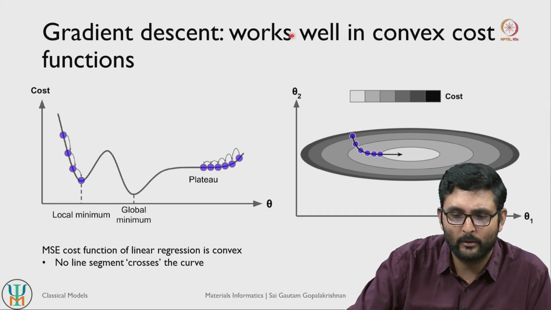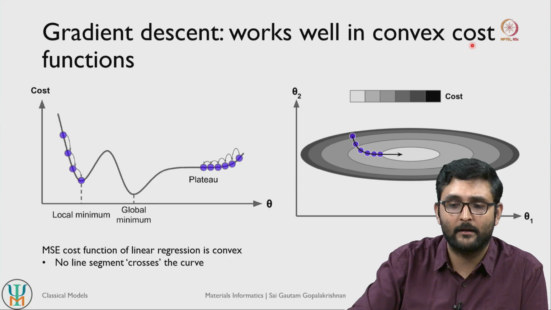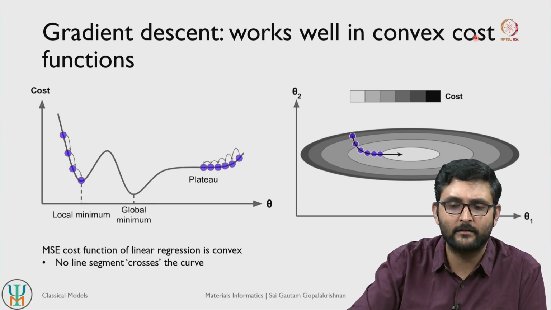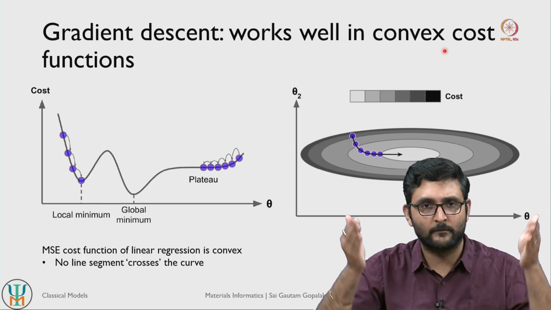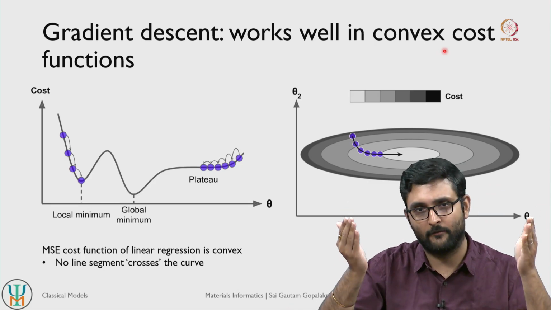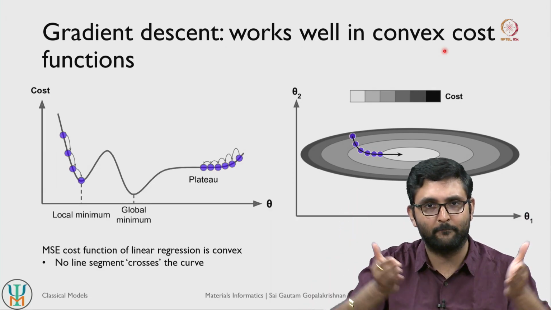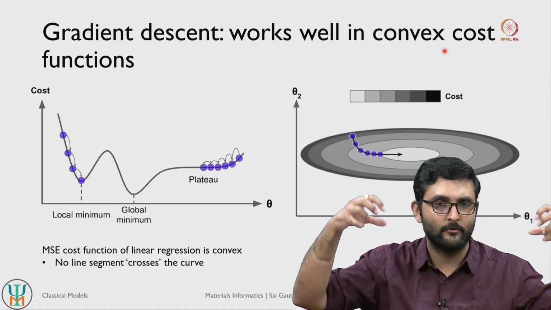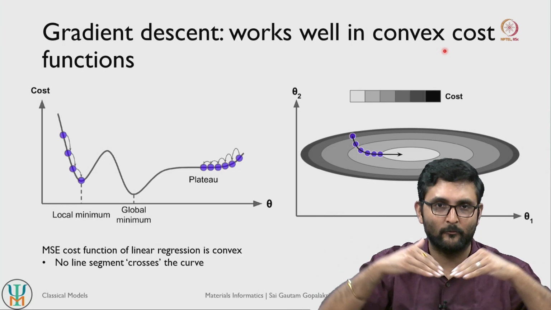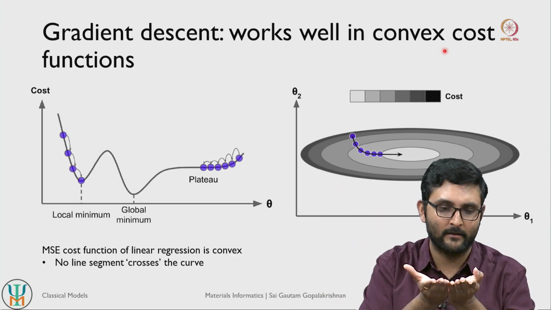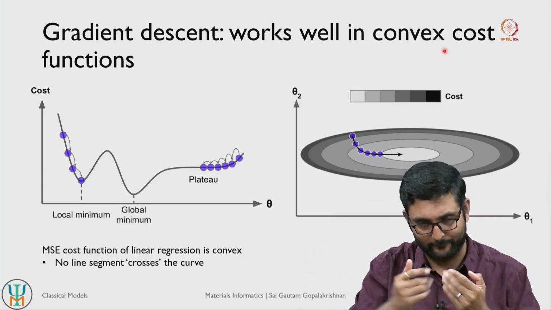Okay. So typically gradient descent as an algorithm works very well when your cost function, or your error function, is convex in nature. Now what is a convex function? A very simple smooth bowl is an example of a convex function. If you look at a parabolic bowl, for example, the outermost rims of the bowl are very smooth and monotonic: if you look from the bottom they monotonically increase, and if you look from the top they monotonically decrease.